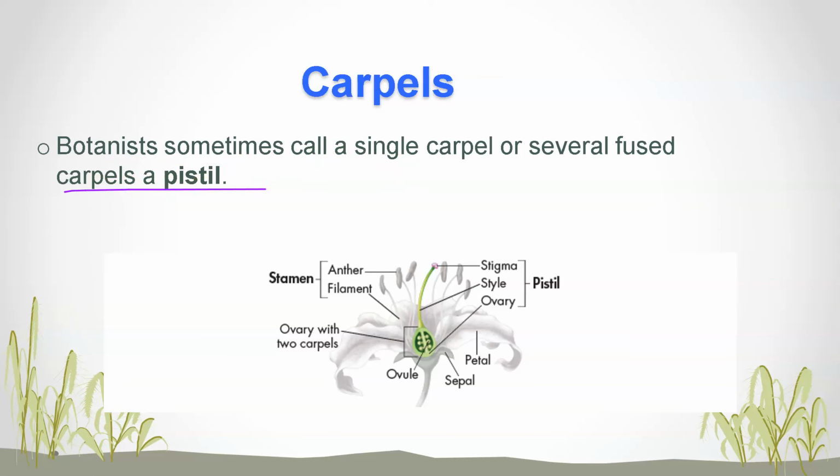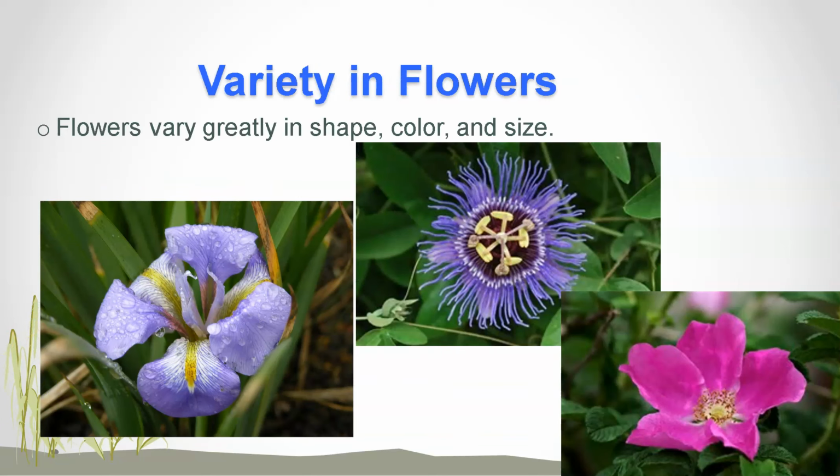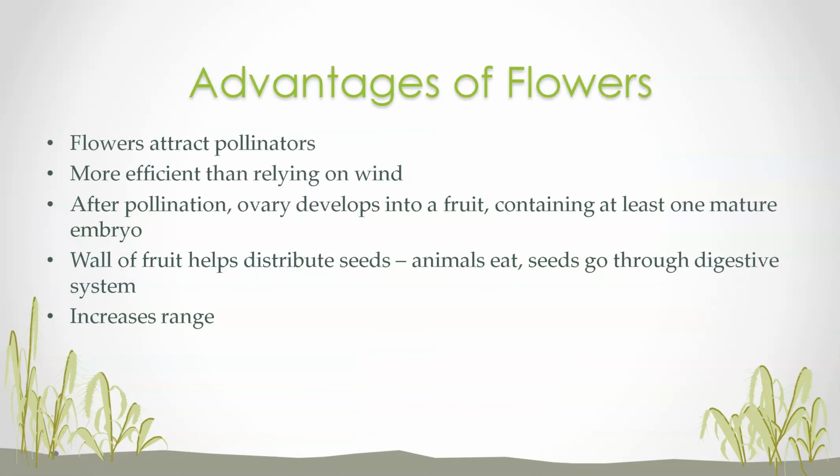Flowers come in many different sizes and shapes and colors. Here's a passion flower, that's really unique. Various different flowers, but there are a lot of advantages to flowers. Flowers attract pollinators. They're more efficient than relying on wind. After pollination, the ovary develops into a fruit which protects the seed. The fruit also helps distribute the seeds, either when animals eat it and it goes through the digestive system and is deposited